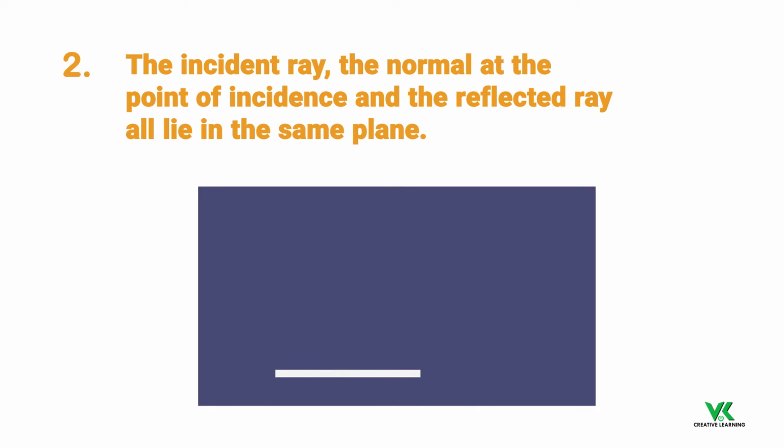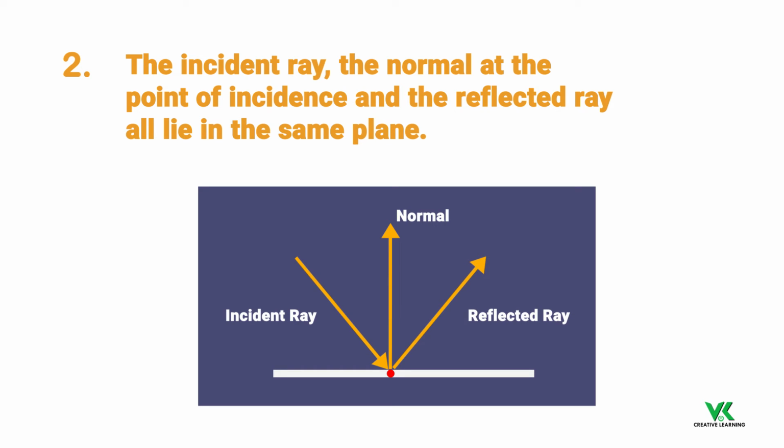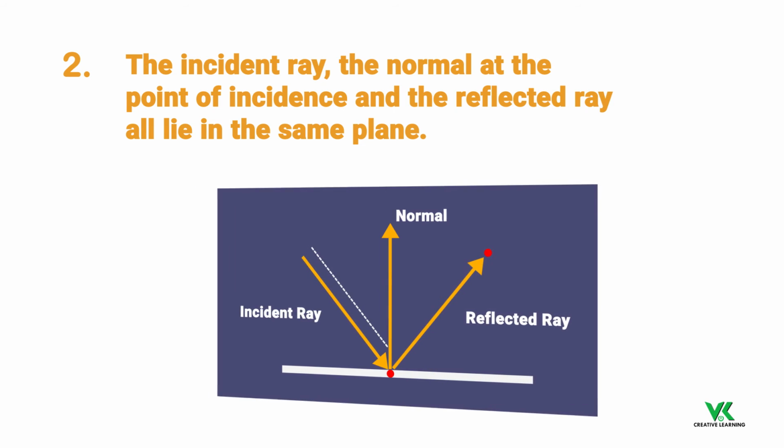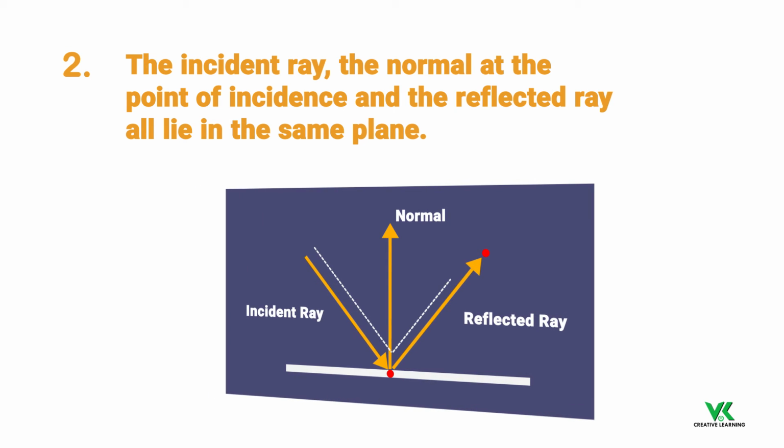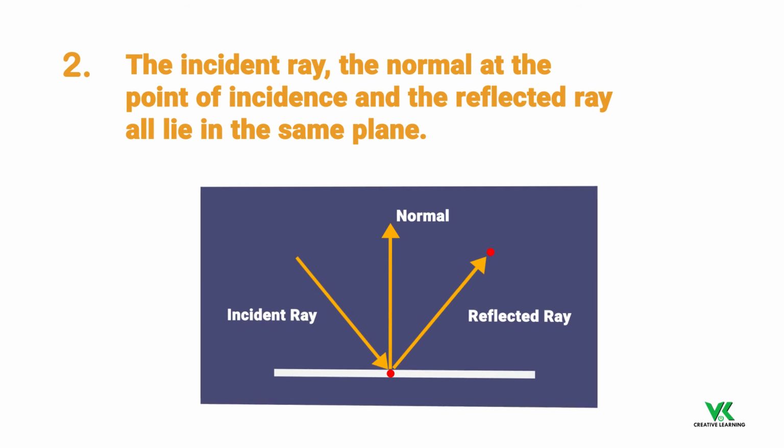If we draw the above scenario on a piece of paper, the incident ray, normal, and reflected ray are all three on the same plane of the paper. Even if the direction of the plane changes, the incident ray will change and accordingly the reflected ray and normal will take their places. But all three of them lie on the same plane. So we learned about